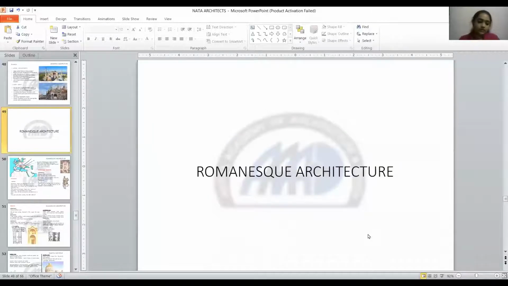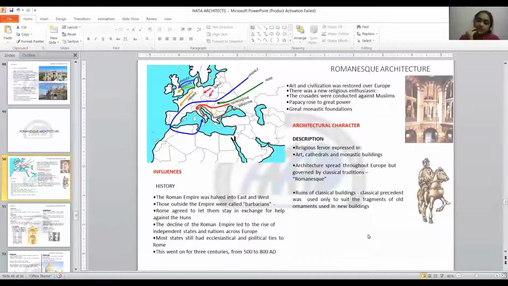Now we are moving to Romanesque architecture. This type of architectural style prevailed in medieval Europe, developed in Italy and Western Europe between the Roman and Gothic styles. The attributes of this style are rounded arches, like you can see here, and the substitution of piers for columns. You know what columns are, right? A pier is like a column, but it has a wider base and a much larger size.